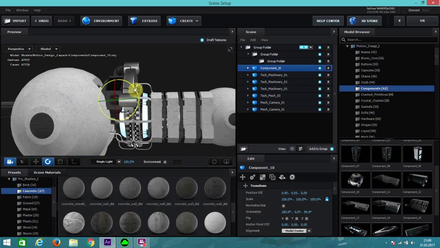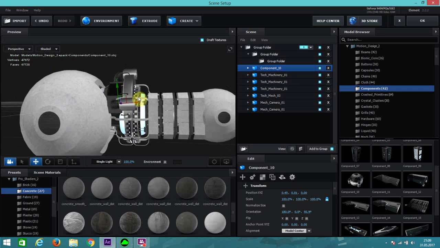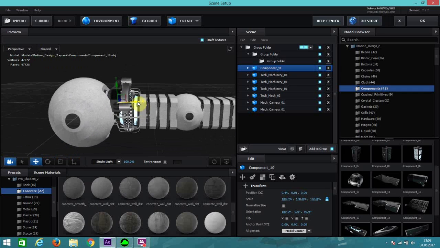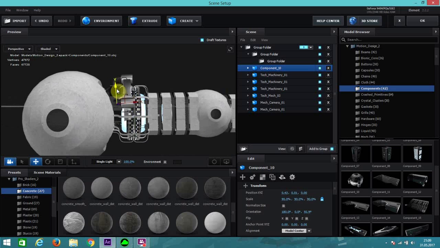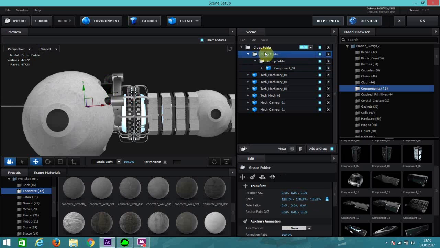Maybe rotate it a little bit more and bring it down like so. Maybe size is from 190, you go to 90. There we go. Bring it a little bit up, and now take this component 10 and bring it to this group folder, put it in there, and go to